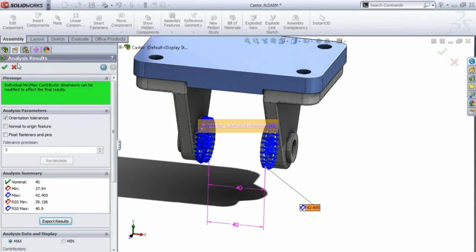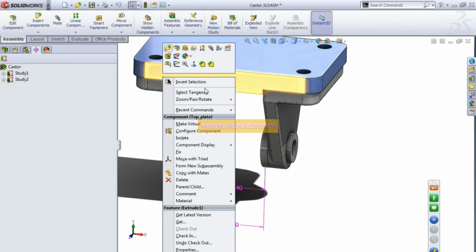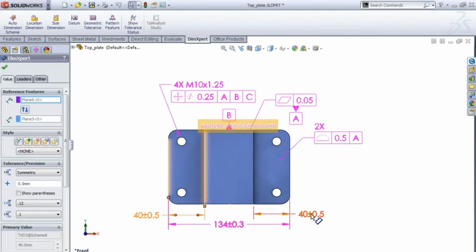Excellent. Now the prerequisite to this is that all the parts must have DimExpert dimensions in them. So this part file has the DimExpert feature in here. You notice the parts are already up to date with the 0.5 millimeter tolerance that I had prescribed in the assembly. That would mean your part drawings are already up to date. So if I were to,